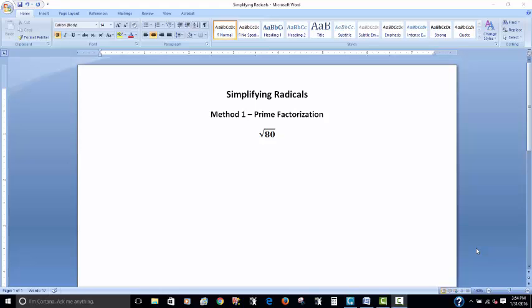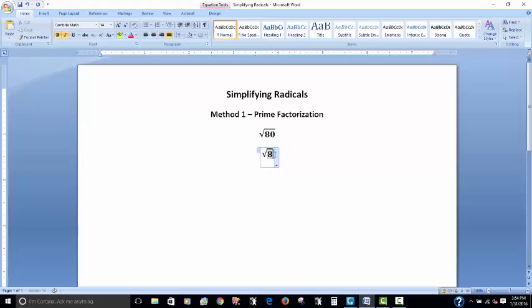The first method I'm going to show is the prime factorization method. So let's say you need to simplify something like radical 80. Doing the prime factorization way means that you're going to break it down to all of its prime factors and then simplify. So, for example, radical 80, I could break down as, say, radical 8